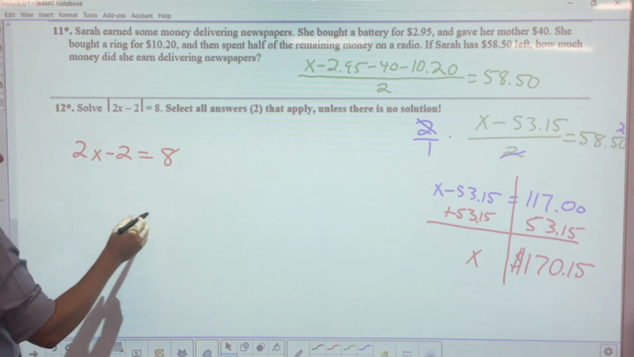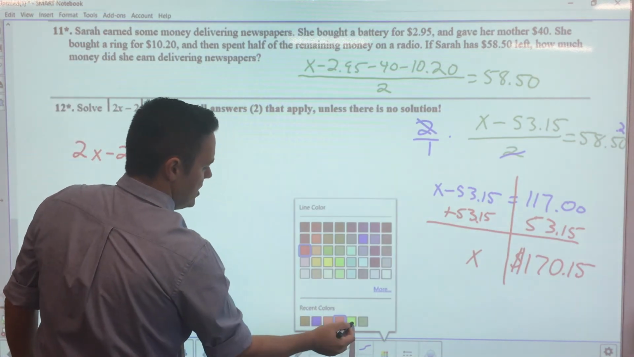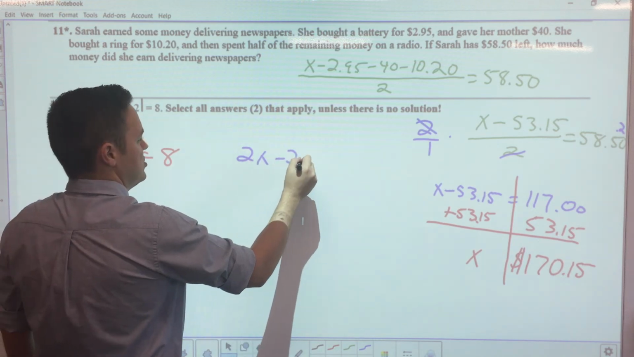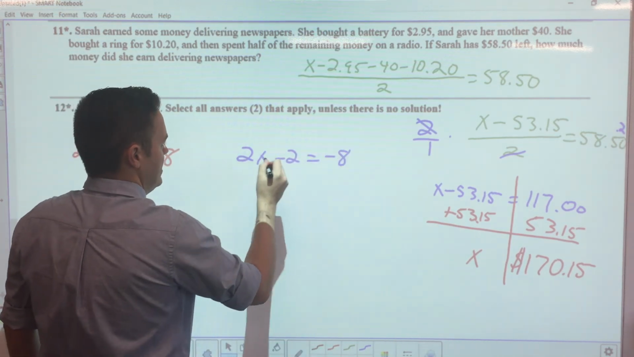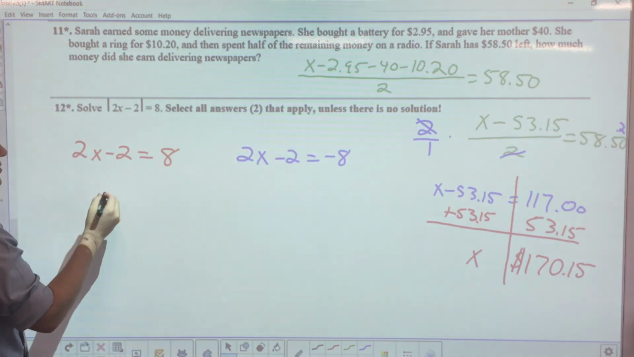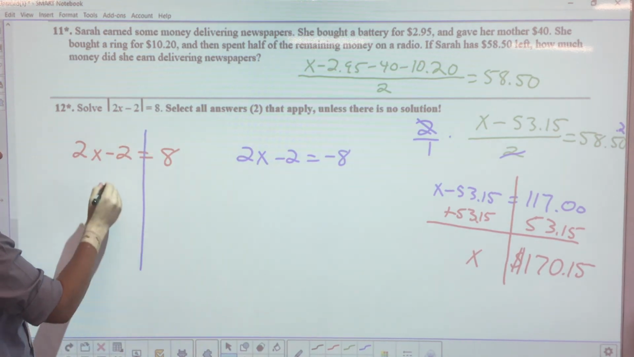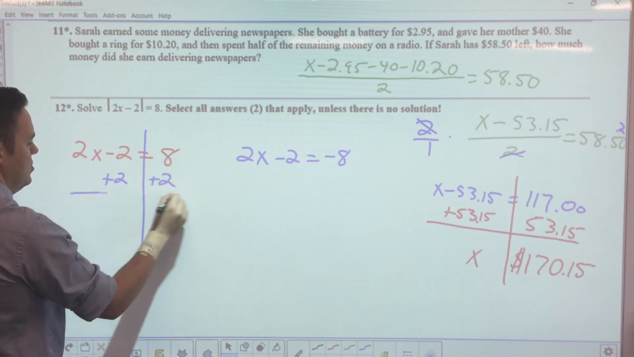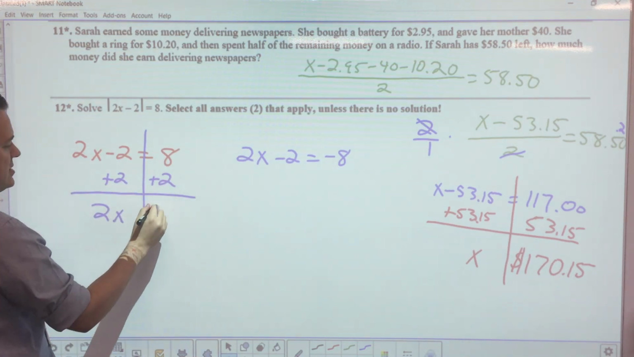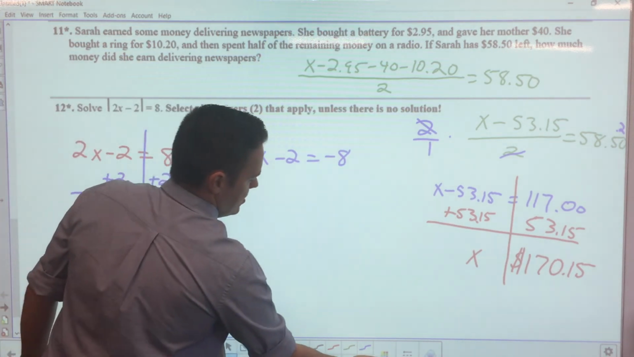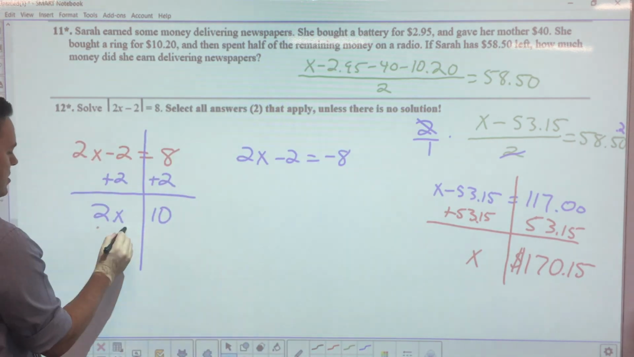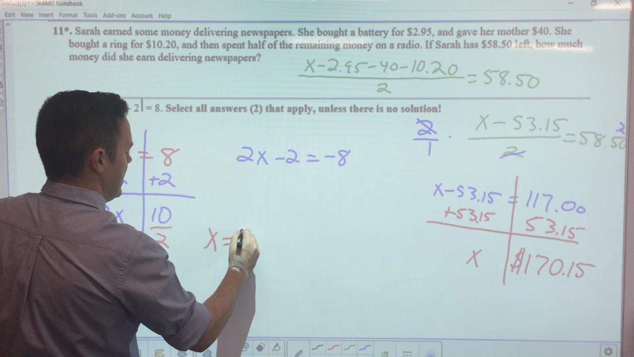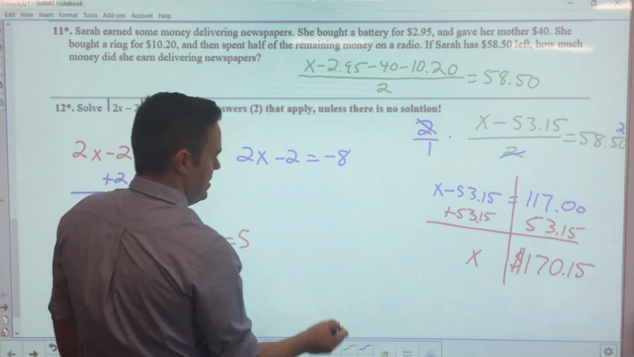That's your first equation. Your second equation, ladies and gentlemen, would be 2x minus 2 equals a negative 8. All right, and then you just solve. So split it down the middle, add 2, 2x and 10, divide by 2. So one point is x equals 5, and the other one,